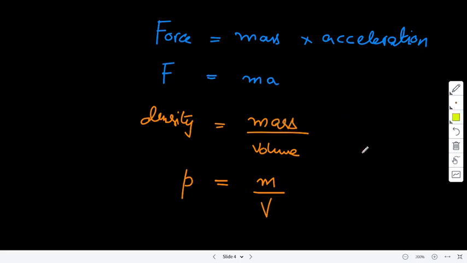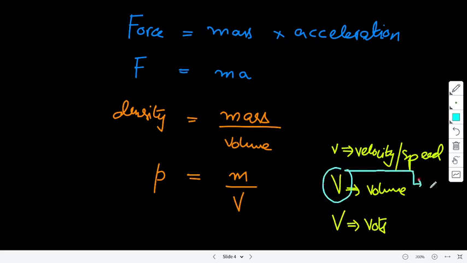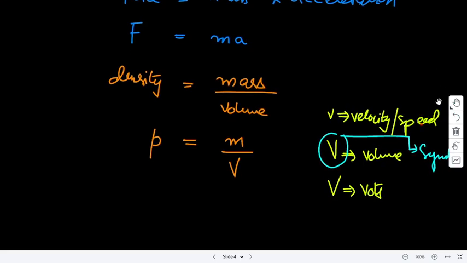You have to remember small v stands for velocity and speed. Velocity is simply speed with the direction. And capital V stands for volume. Capital V also stands for voltage. Now this thing is the symbol for volume, but this right here, volts,